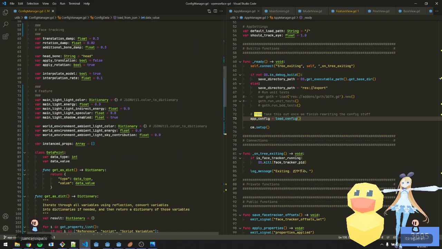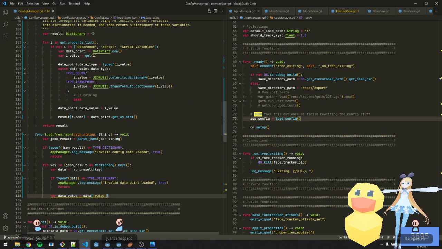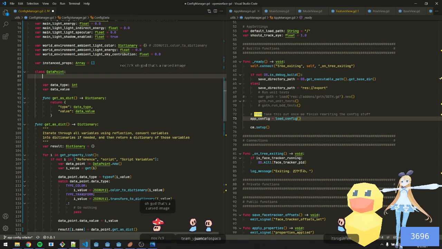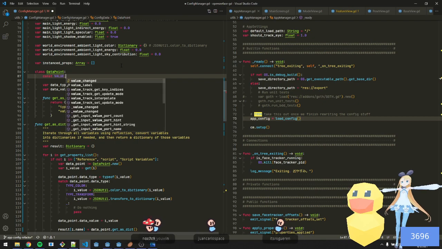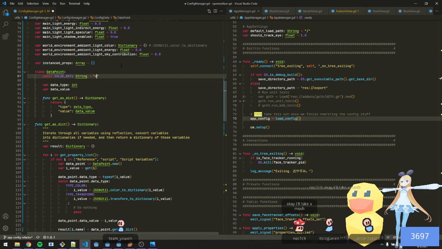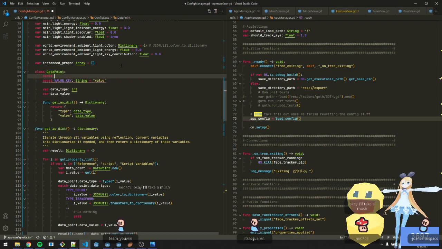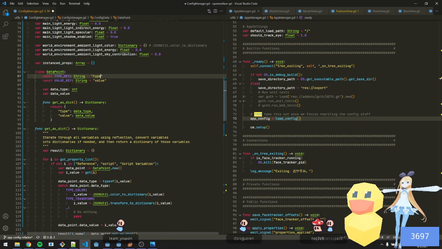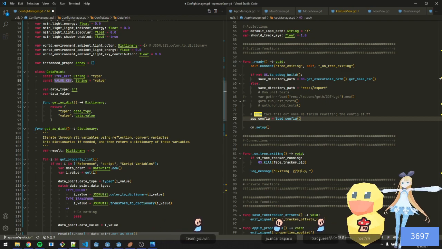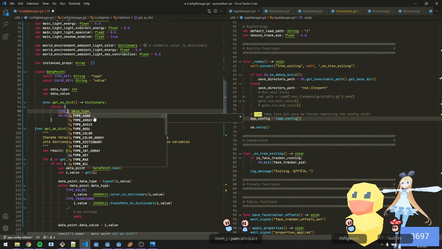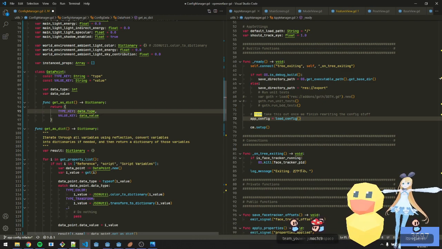So data value. Const value key string, call it a value, and then const type key string type. All right, easy. And then we'll replace this, so no more magic strings. And then I'll also reuse this for,